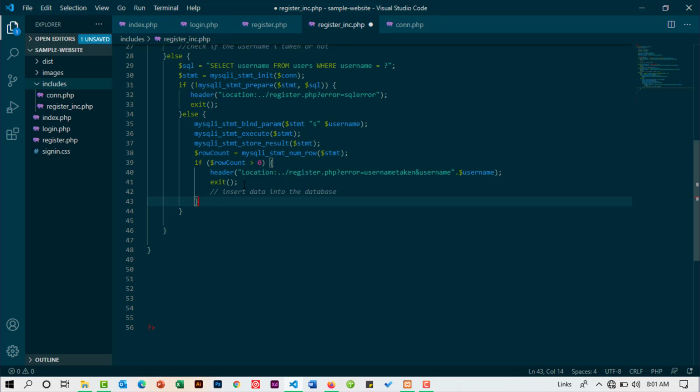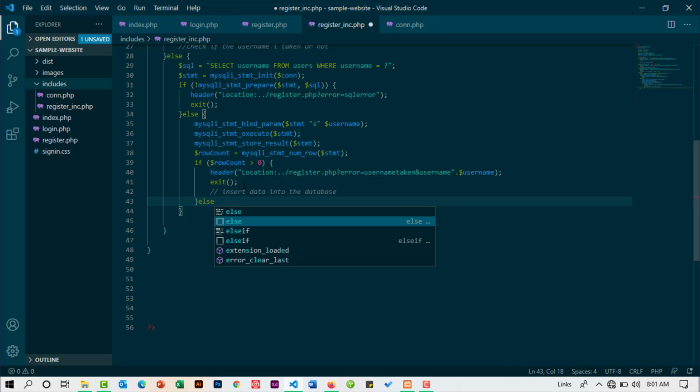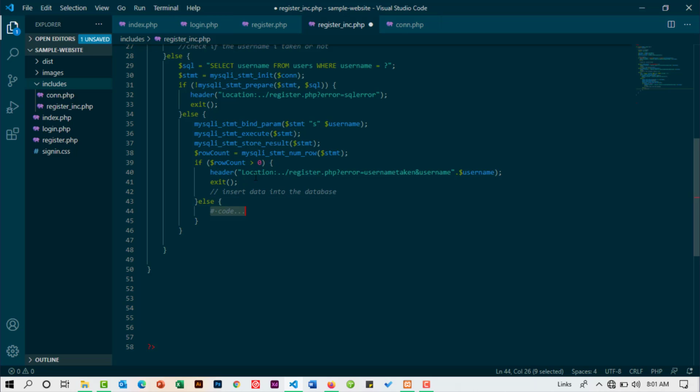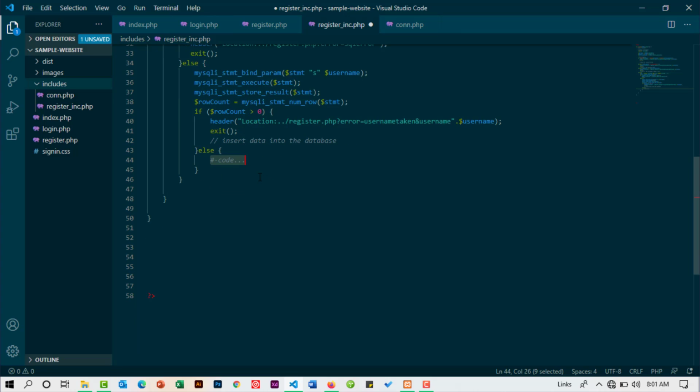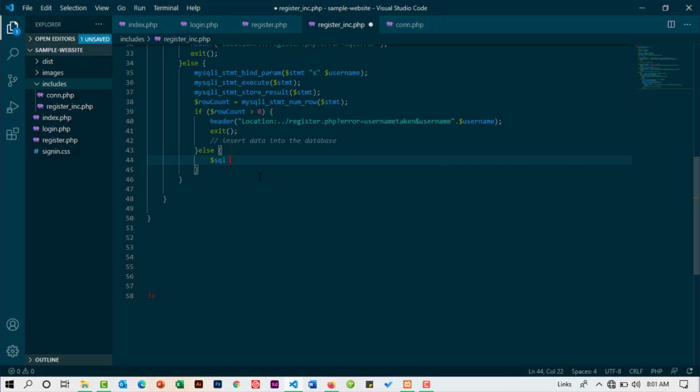So I'm going to come here and say else. I create a variable SQL again, and this one I'll set it to equal to